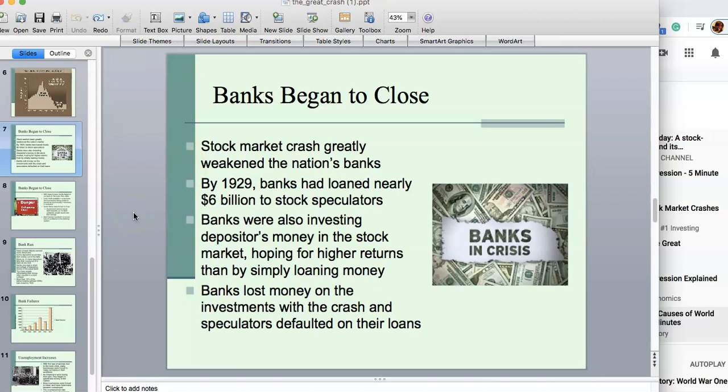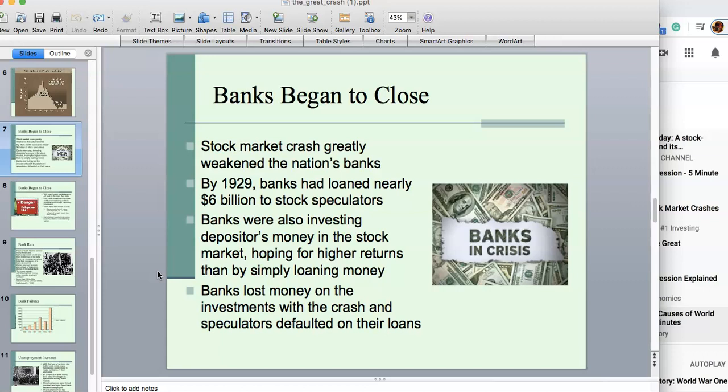So they're trying to get rich quick. By the end of 1929, banks had loaned out $6 billion to stock speculators. So that's $6 billion of loans to people trying to buy stocks and get rich quick. The banks were also taking money that people were depositing in the bank and investing it in stocks themselves. So banks were also investing in stocks, and they're now not making money on that. In the end, banks are going to lose a lot of money from this,